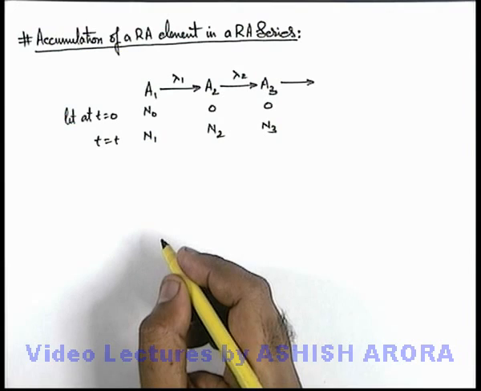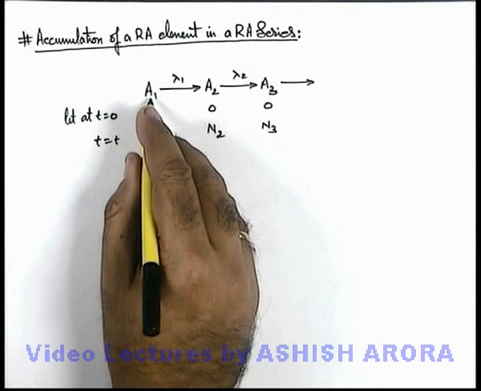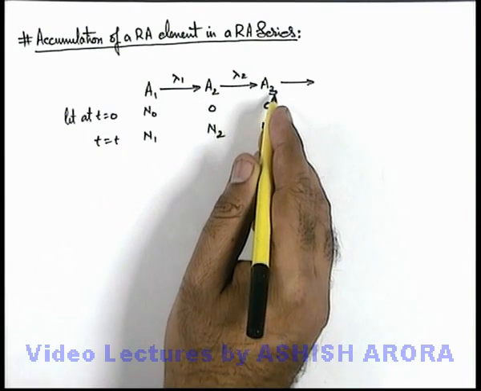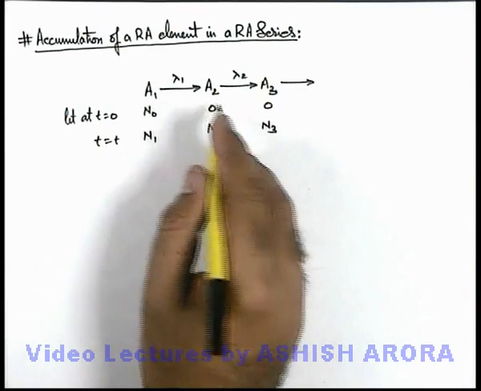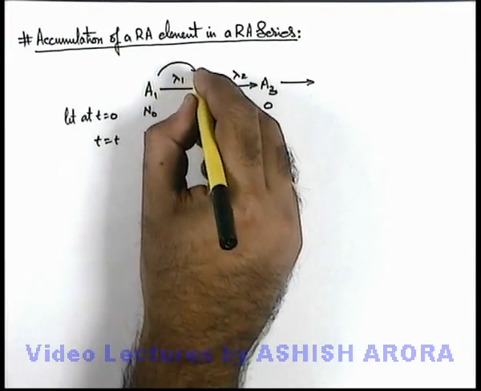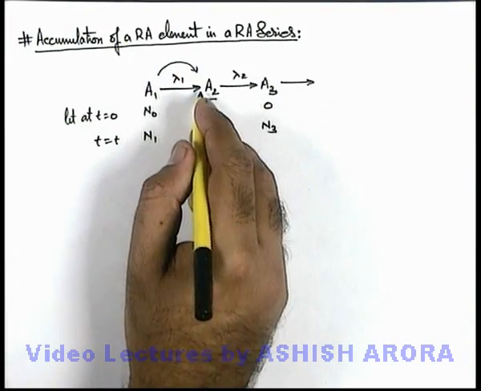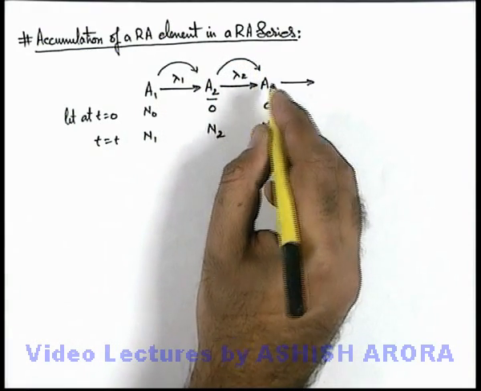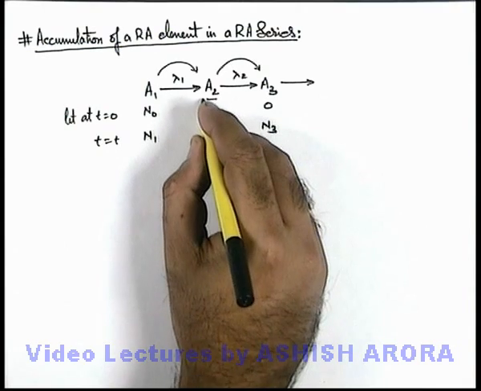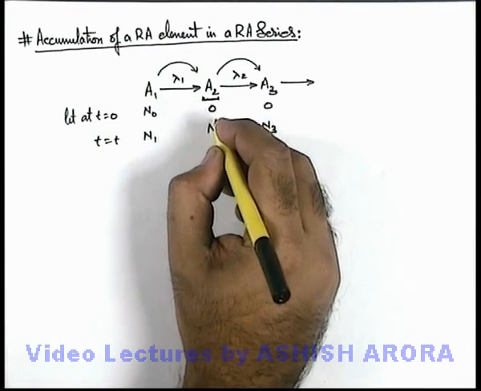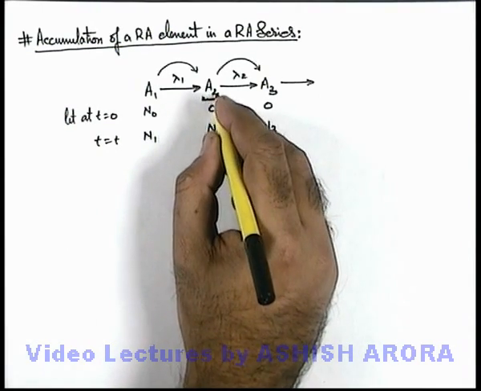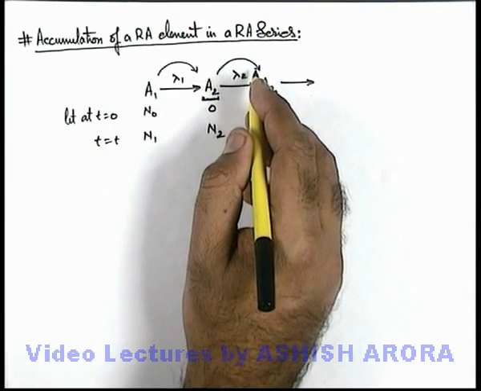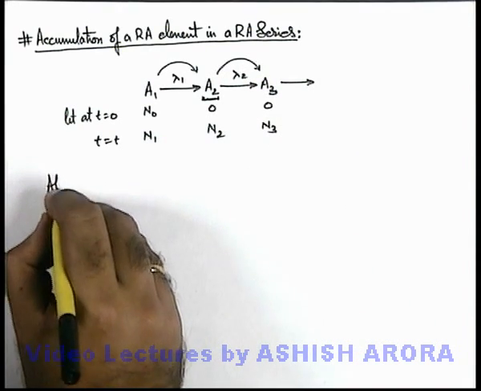Now in this situation here we can state A1 is continuously decaying so that A2 is being produced, A2 is decaying so that A3 is being produced. A2 will have a formation by disintegration of A1 and it will decay to A3, so A3 will be produced by disintegration of A2. So about the element A2 we can write number of nuclei of A2 would be changing because from one side it is being produced and on the other side it is being disintegrated. So here we can write at time t,